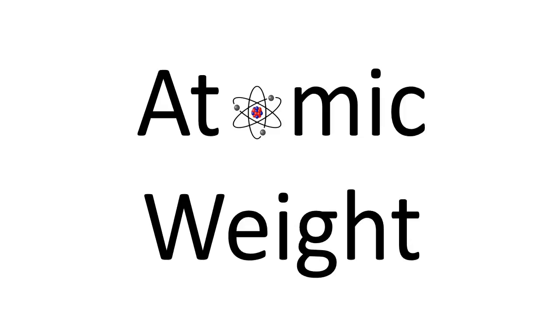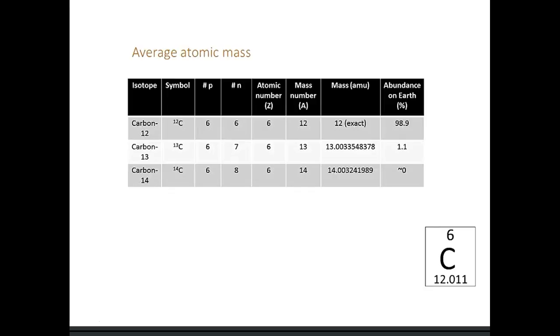Now that we've talked about subatomic particles and isotopes, we're going to talk about atomic weight. Atomic weight is the average atomic mass that is given on the periodic table. So we're going to use the same table that we looked at earlier that compared the isotopes of carbon. We're going to use that to talk about average atomic mass, or the atomic weight that you see on the